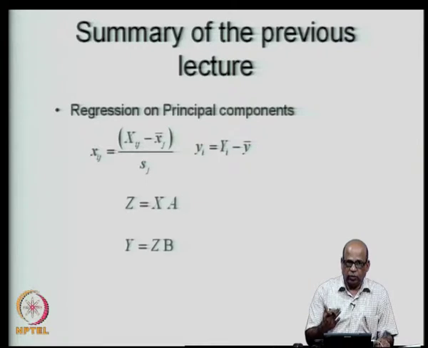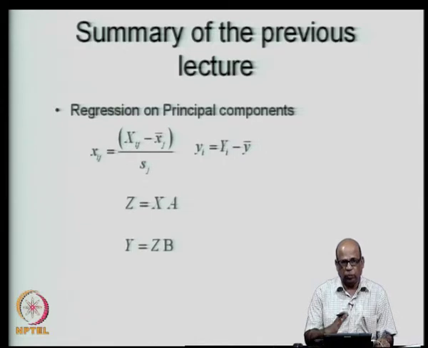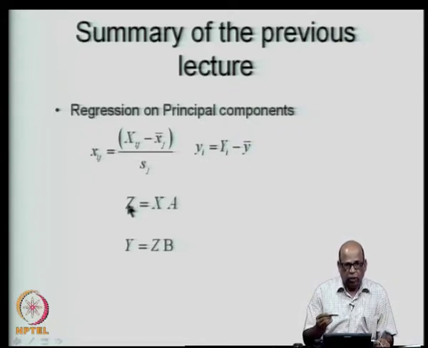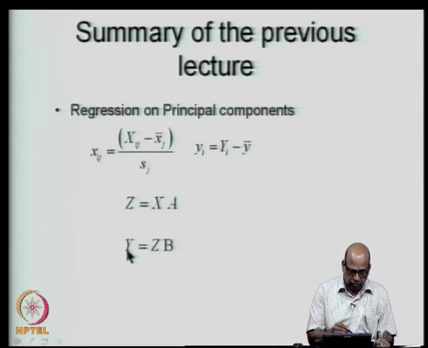remember you get the principal components based on the covariance matrix, and the covariance matrix will be of the size p by p, and you will get the matrix A, which is of size p by p. So, this is n by p and this is p by p, and you will get z as n by p. Now, this is the transformed data. From the original data, using the principal components, you transform the data into z. We now develop the regression relationship between the dependent variable y and the transformed data z by using the parameters b.